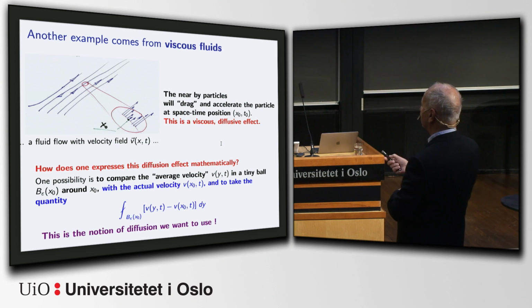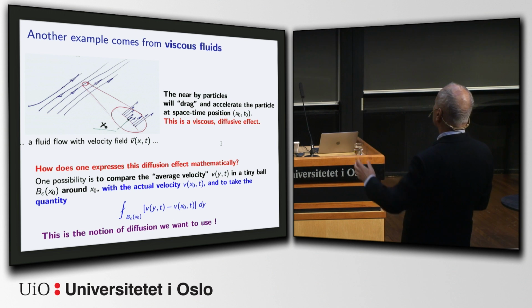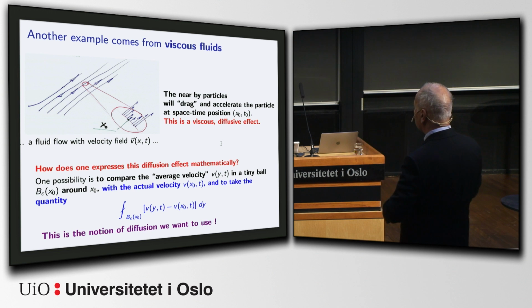Okay, so basically, as I said here, it's a fluid flow with some velocity v, and this velocity v is a velocity of x and t. And then how does one express these diffusion equations mathematically? One possibility is to compare the average velocity v of y, t in a tiny ball B epsilon of x0 around x0, with the actual velocity v of x0, t, and to take the average of v of y, t minus v of x0, t dy,